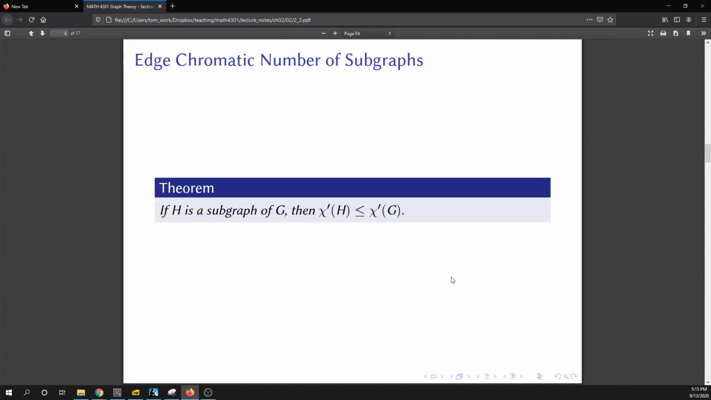Just like with vertex colorings, we have this theorem that's handy when talking about the edge chromatic numbers of subgraphs. If H is a subgraph of G, then the edge chromatic number of H is less than or equal to the edge chromatic number of G. And that proof is exactly the same as the proof when we were talking about vertex colorings. If I have